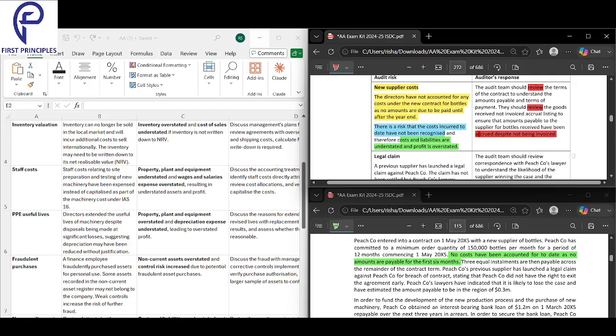If the economic event has happened, you still need to record it. It's important. So here you should tell them that yes, they have not paid, agreed, but the economic event has happened, right? So you have to still record it as an accrual. You can't just leave it as it is.